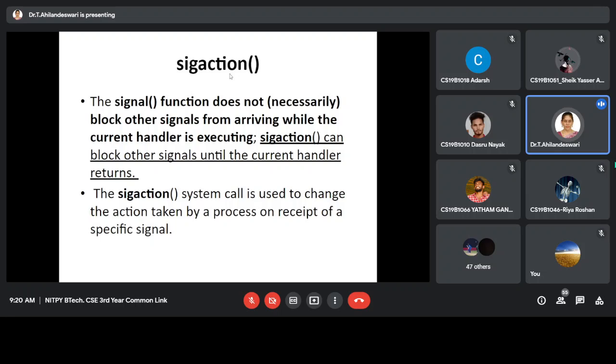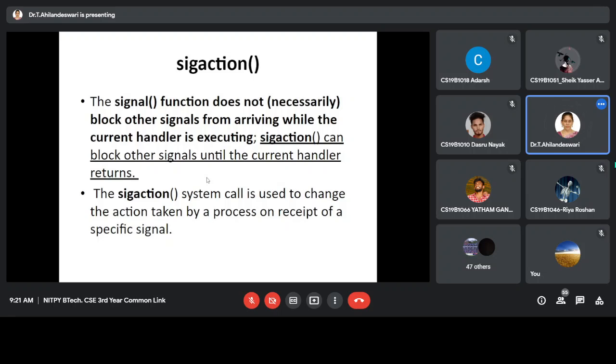The difference between signal and sigaction is that with signal, other signals can arrive while the current handler is executing, whereas sigaction blocks other signals until the current handler returns.